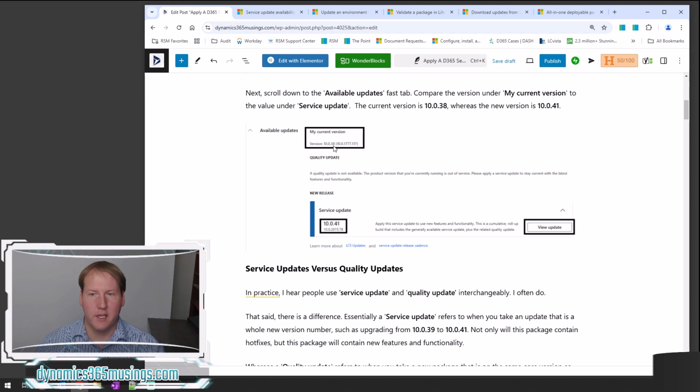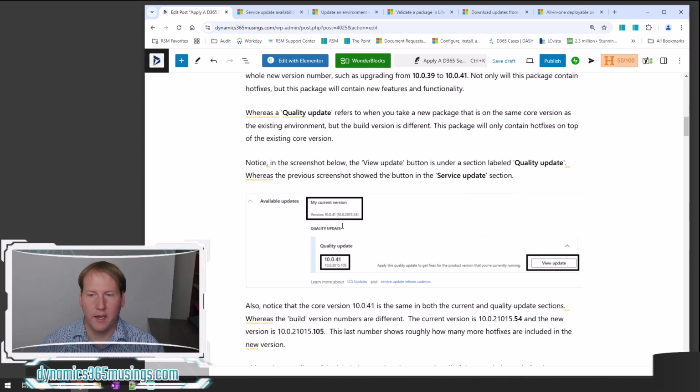So here you can see that the current environment's on 10.0.38. The newest version that's out is 10.0.41, and because that last number is a higher number, it means this is called a service update. If on the other hand, we had already taken 10.0.41 and we were looking at an environment and just trying to get a few more hotfixes,